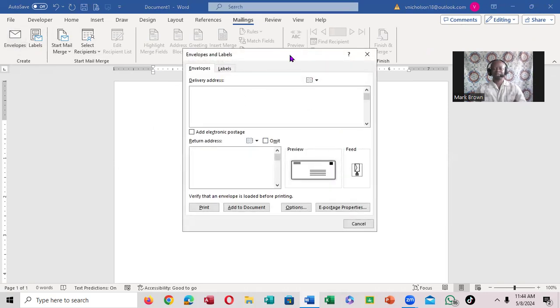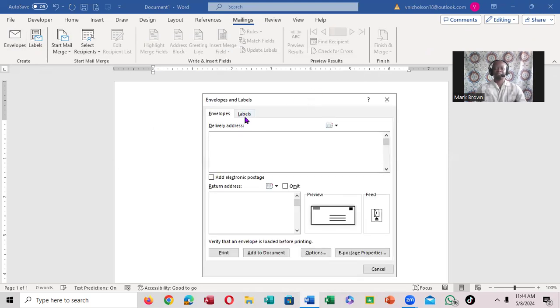Just look at the dialog box. You can put the cursor here and move it anywhere you want. If you notice right here, it's the Envelopes and Labels dialog, with the delivery address right here. Notice you can add electronic postage right here, and a return address. You have different options right here. You can add to the Microsoft Word document, or you can print it directly. But we're going to add it to the document so that I can see